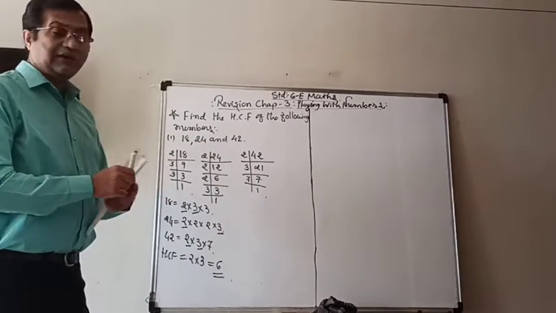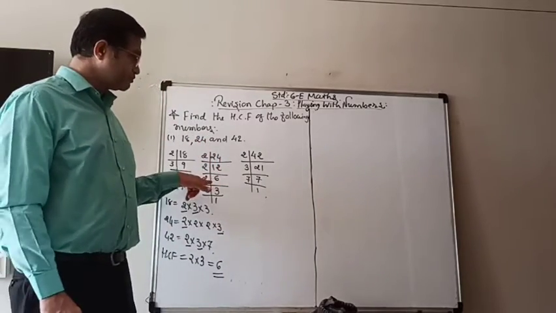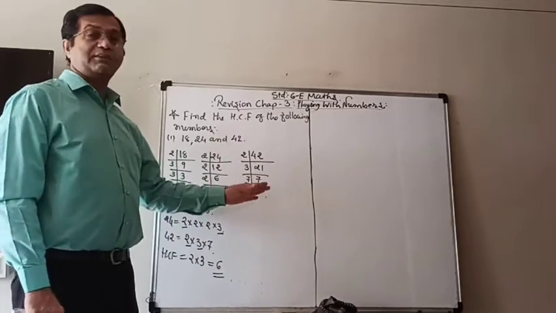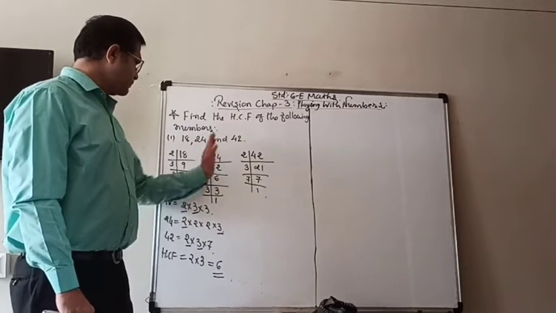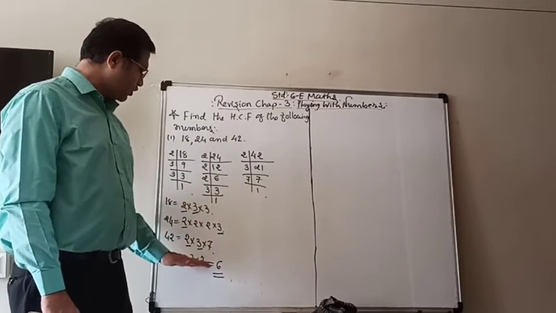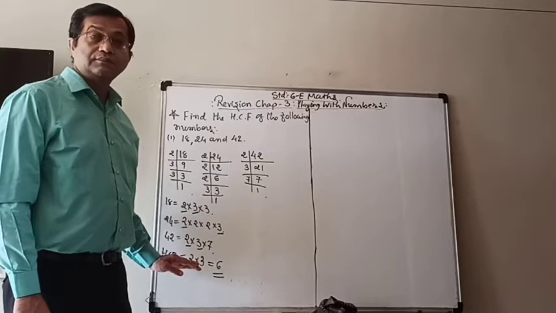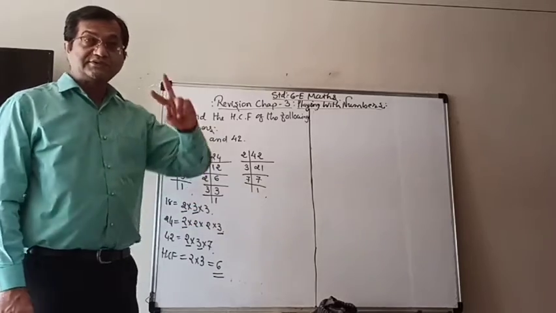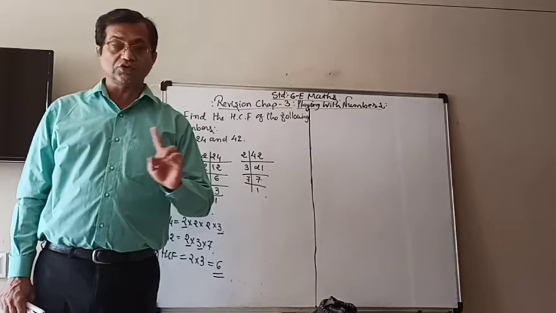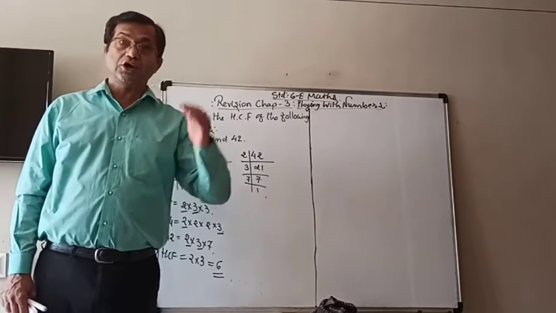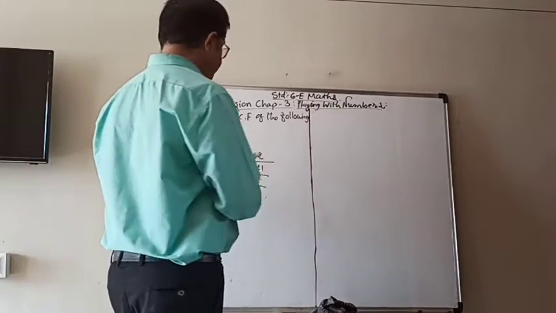So whatever numbers are there, we have to do like that. Sometimes there will be only 2 numbers. Then also the same thing. With 3 numbers, you also have to do the same thing. Write the numbers as a product of prime factors like that. Write down all of them and underline those that are common in all three. Sometimes they are common in 2 numbers but not in the other one, and you should not take them. Only those factors that are in all the three numbers will be taken.